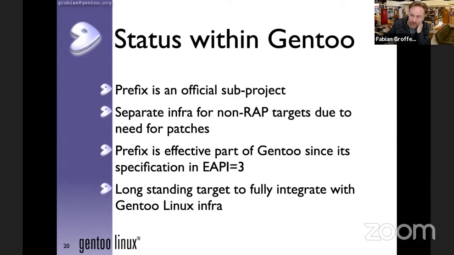So Gentoo Prefix is part of Gentoo proper. It is an official sub-project. We still have some separate stuff because we need to override certain packages, and we don't know yet how we want to do that for real. That sounds more severe than it is.